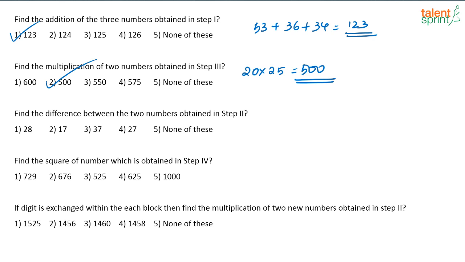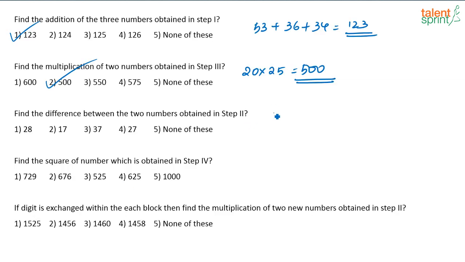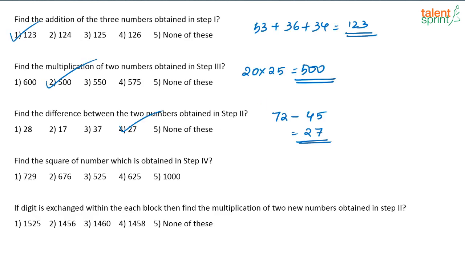Find the difference between the two numbers obtained in step 2. Difference between two numbers obtained in step 2: 72 minus 45, 27. Find the square of the number obtained in step 4. So here we are getting 25. So 25 squared, that is